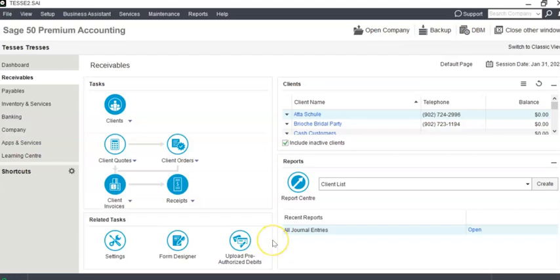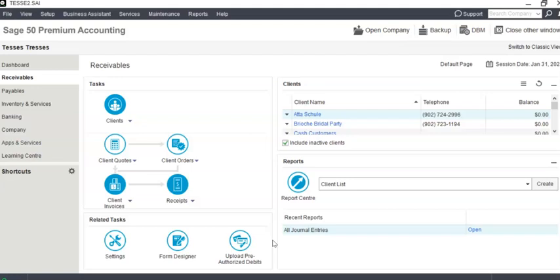Hi everyone. Okay, so let's give Sage a try for doing bank reconciliations. Remember though, before you get started, read the story about Tess's Tresses so that you know what's going on. You know all the information, you know what they're doing or how they've done it and how things have been